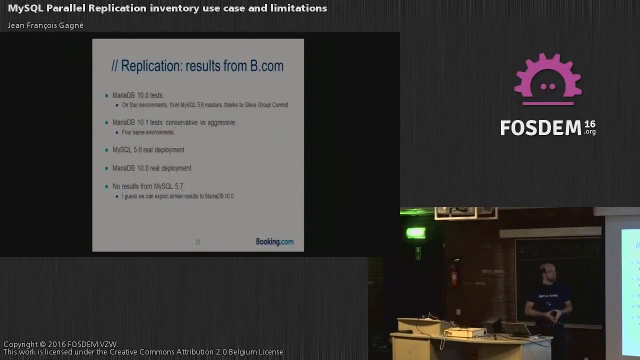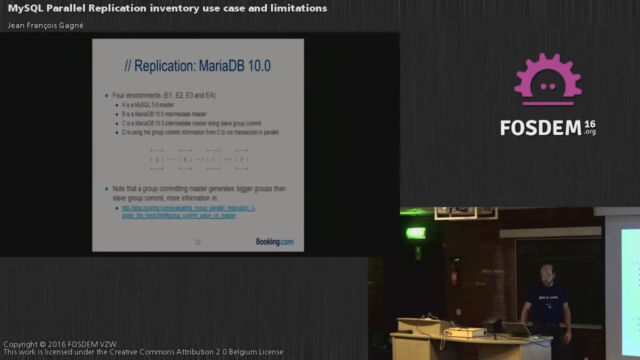I have 7 minutes left to talk about how well it performed. So I did tests for MariaDB 10.0, 10.1, 5.6, 10.0 again. We're not running that at Booking, but this is done in the Booking.com environment. Those are real environments. I haven't tested 5.7. 5.7 doesn't have slave group commits, so it's quite hard to do tests with a real-life benchmark without having a master